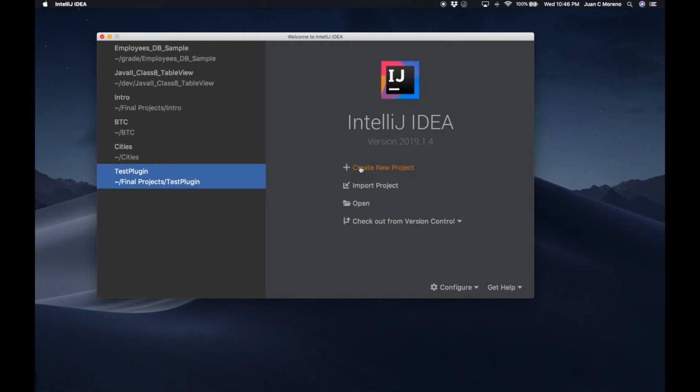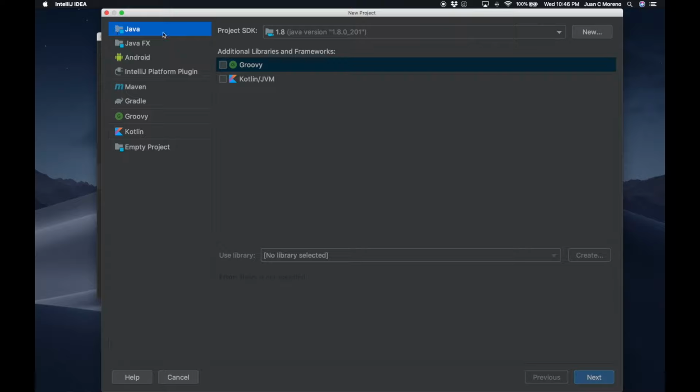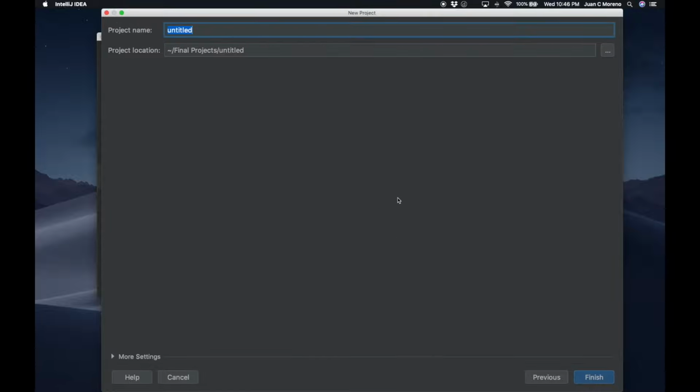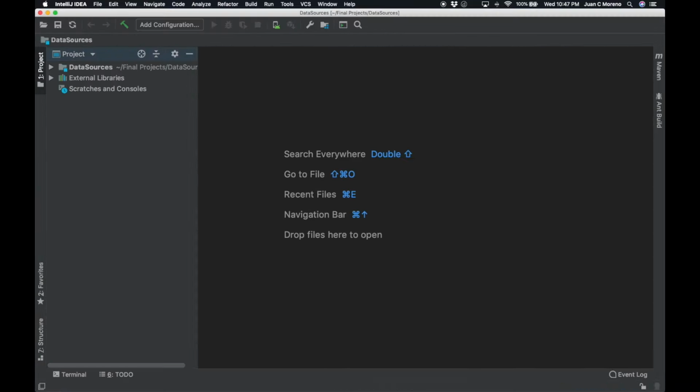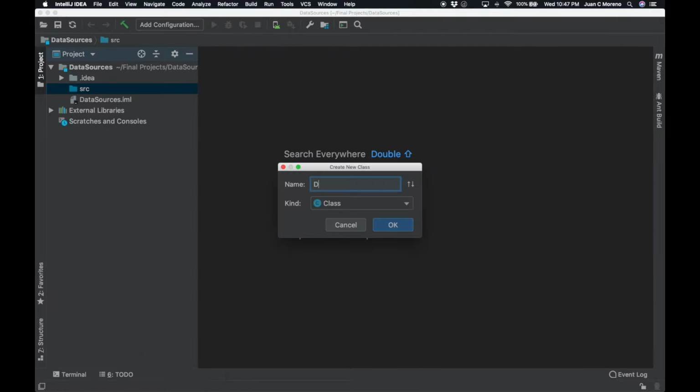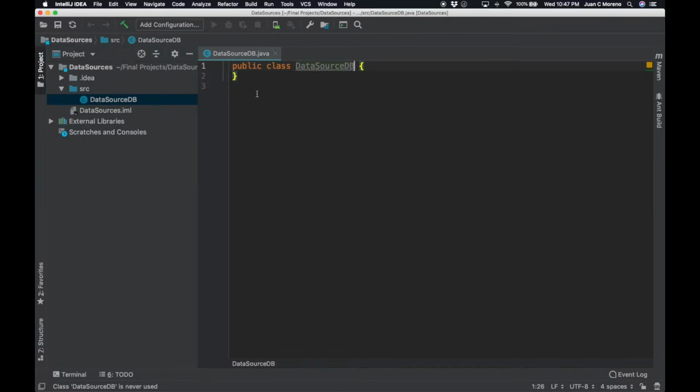Today let's talk about data sources and how to connect to a database. Right now I'm going to connect to Java. I'm just going to create a traditional Java application, a command line app, and we're going to call it data sources. In this data sources application, I'm going to create, let's call it DataSourceDB, as a class